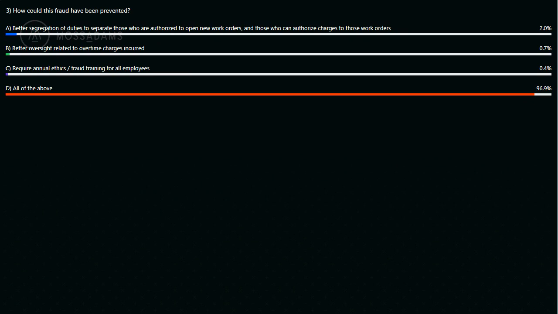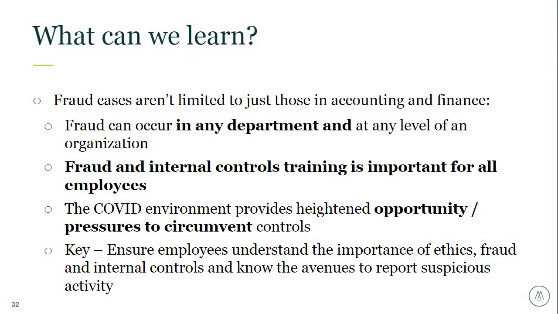And yes, these results, like with the other ones, it's again a softball question, and most of you selected the right answer. But the point is to be able to identify the risks that were present and how we might change our system of controls to address those holes in our processes. Now, we've talked a lot about the importance of corrective controls and routinely monitoring the control structure, but I think an equally important key here is the understanding that fraud prevention and detection is not just the accounting department's responsibility. It's an organization-wide effort, and that starts from the top down.